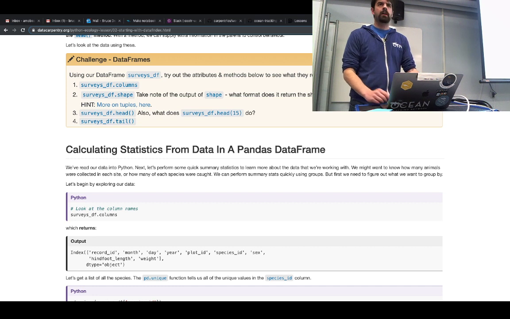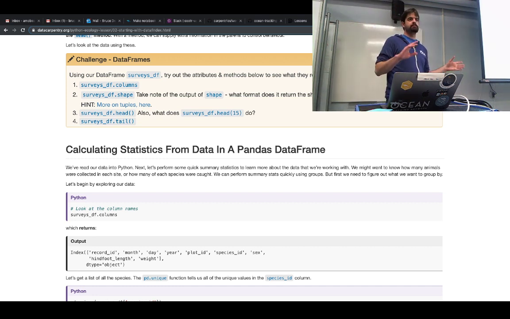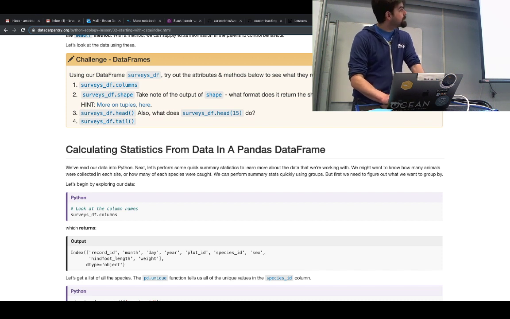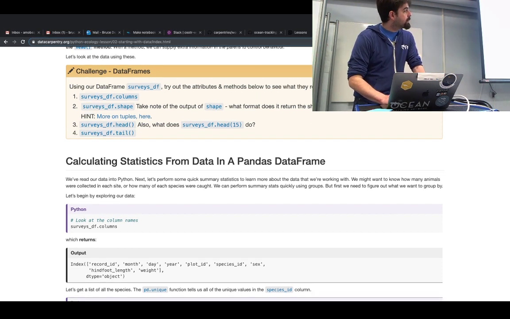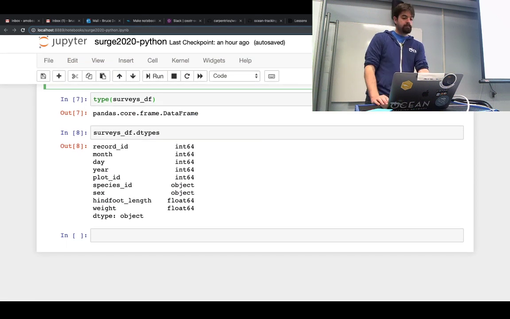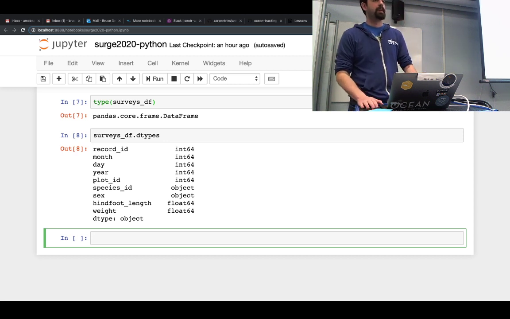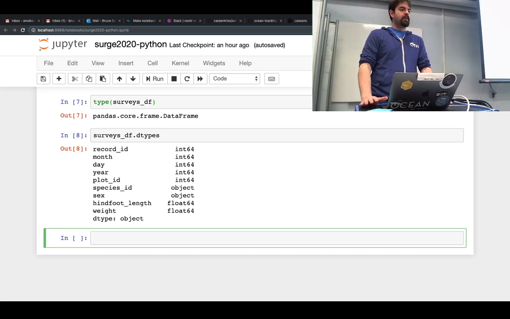Okay. Everybody had a chance to give those a try, get a sense of what they print out. Okay. Sorry. Heard a weird noise and got freaked out. Right. So